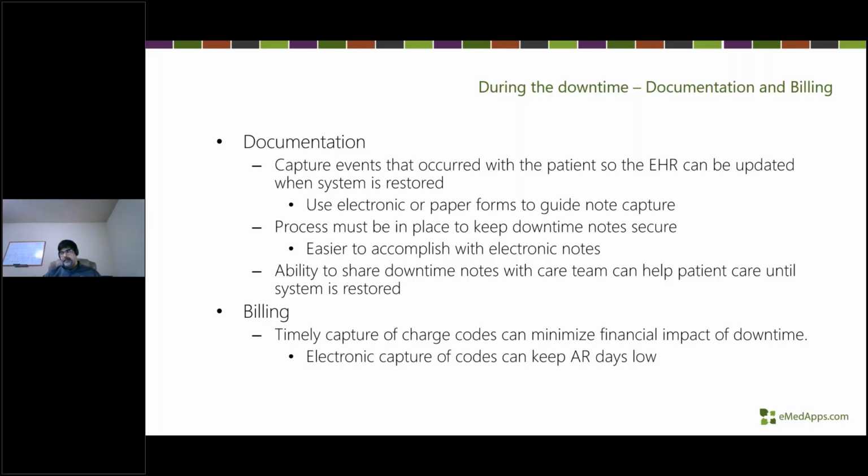And my back office team is able to go in and generate claims and send those charges out and make sure that we get paid for them. So this needs to be part of your decision making process as well. How am I going to handle charges? How am I going to document those charges during the visit? And then how are those charges going to get back into the system after the EHR is available again?